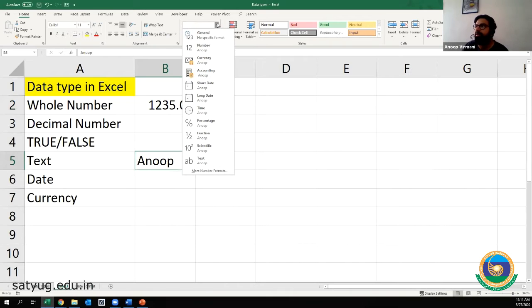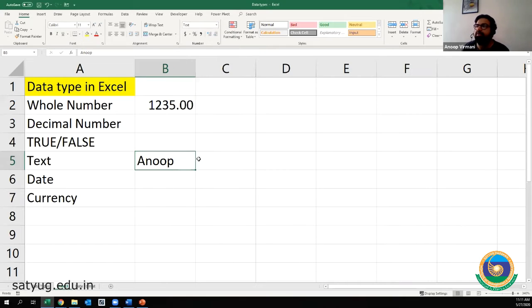Now I go to General. So for this, all the number formatting that we have here, like number, currency, accounting, date, time, percentage, fraction, it is all, you see, Anup, because it cannot be defined as a currency, it cannot be defined as a date, right? So it is a text.